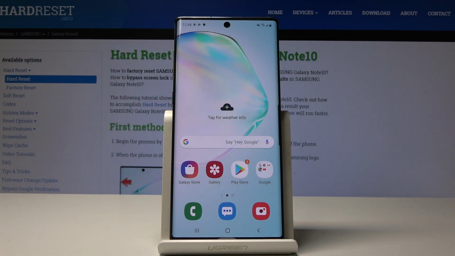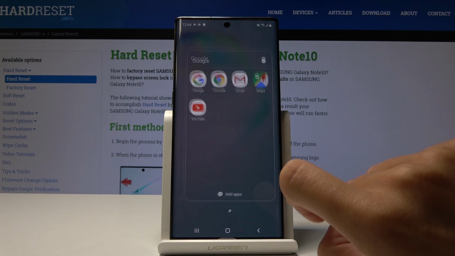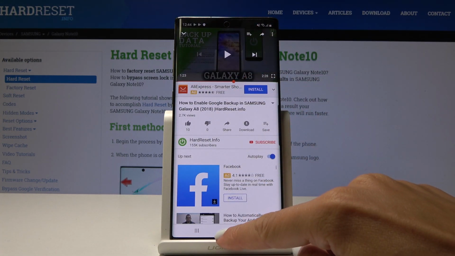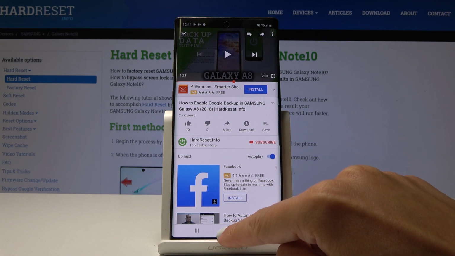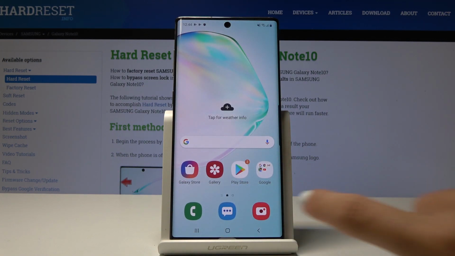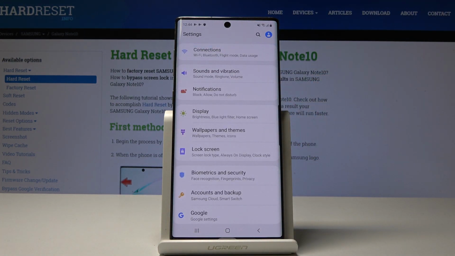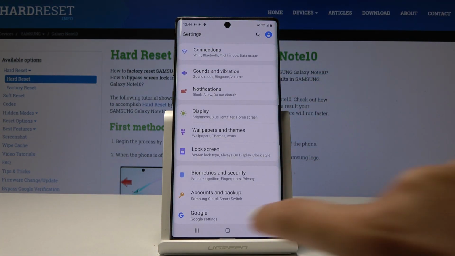Here I've got Samsung Galaxy Note 10 and let me show you how to use split screen feature on the following device. So if for example you want to watch some tutorial on YouTube and meanwhile you want to perform this action on your device, simply open YouTube at first, then go back to the home screen. Now for example open the settings if it starts in the settings, and then click on 3 horizontal lines located